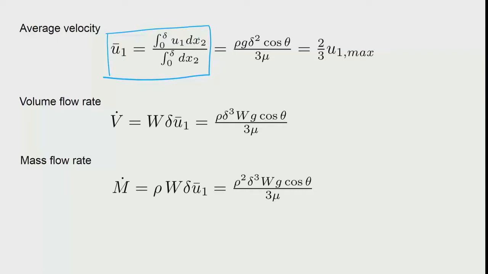In the case of the cylindrical coordinate system, which we will do in the next session, we will have differentiation done twice because of the way area is defined. So, you will have two dx's coming up here, dr and d theta. In the simple rectangular coordinate system, you have only one dx coming here. So, you then substitute u1 as a function of x2, perform the integration, and you would see that it comes out to be a ratio which is basically 2/3 of the maximum.